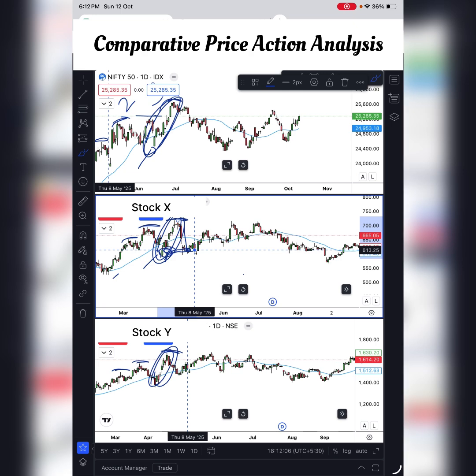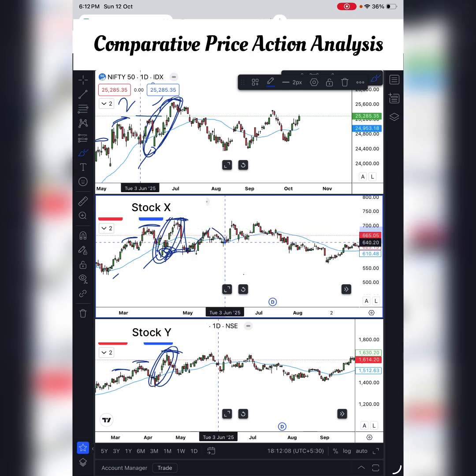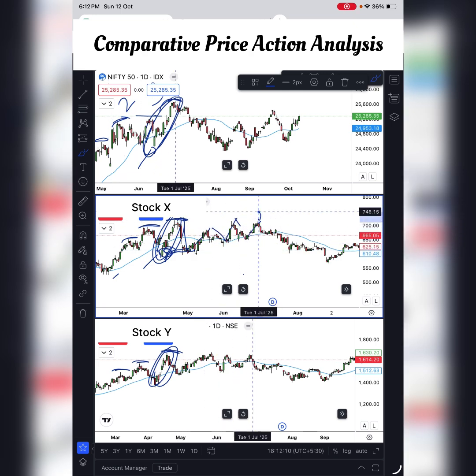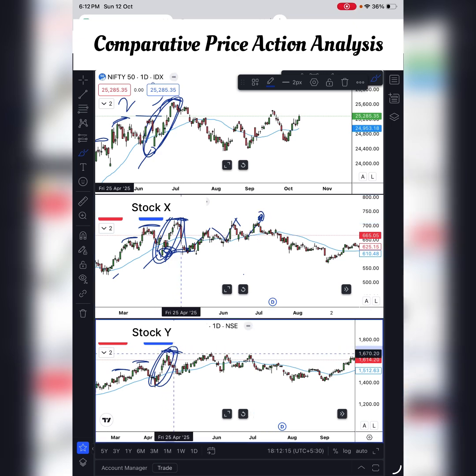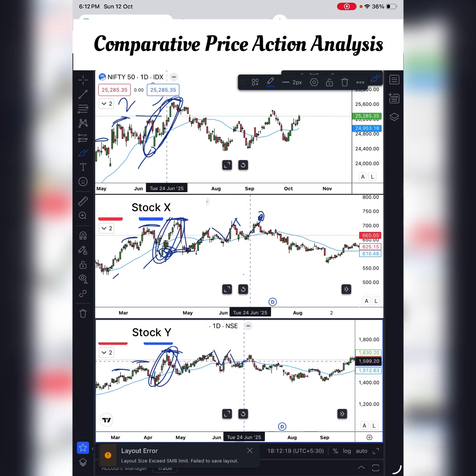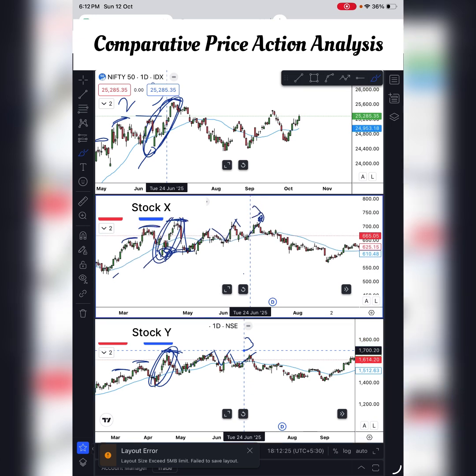And from there, I am seeing first swing in the higher direction, second swing in the higher direction, third swing in the higher direction as well. Let us analyze the last chart as well. From the top, market has come down. And from here, first swing, second swing, third swing in the higher direction. So three swings have been created in the higher direction in both the charts, in the middle chart and the